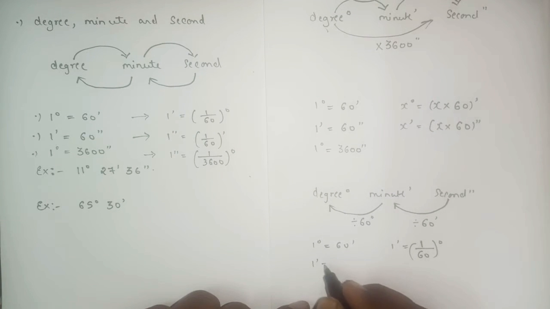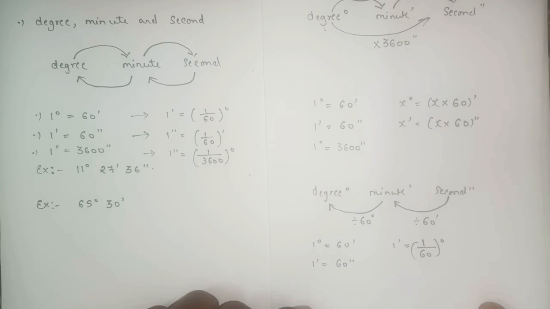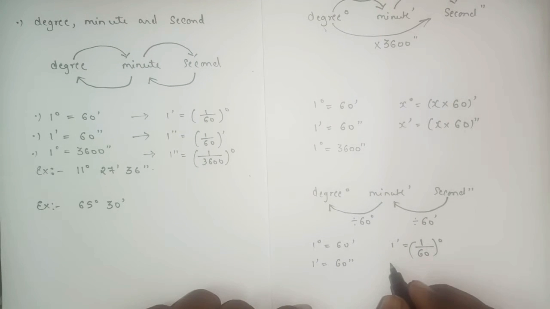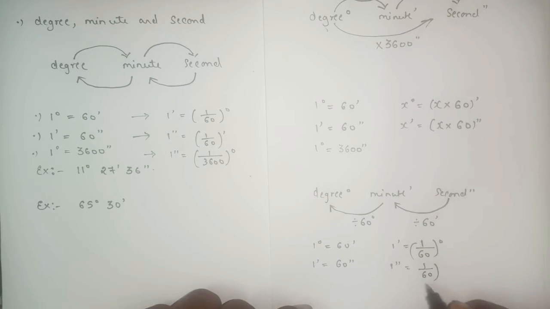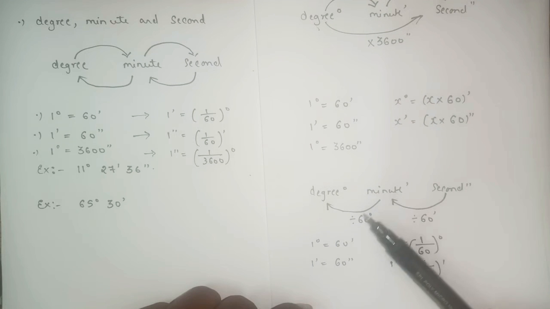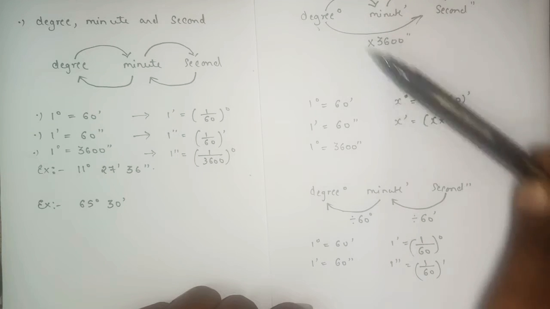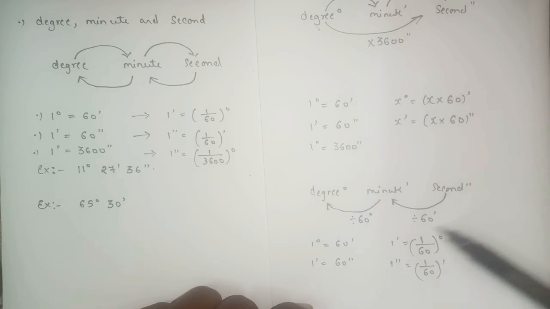Okay, so 1 minute is equal to 60 seconds. So therefore 1 second will be equal to, the 60 will go down, 1 upon 60 minute. In simple language, whenever you convert second into minute, simply you have to divide that number by 60. If you want to convert minute into degree, again divide by 60. As here the process is multiply, in the reverse process, when it comes back, you have to divide.